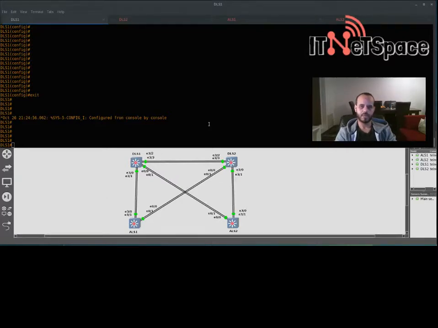Hello and welcome. Today in this short video I'm gonna introduce you to multiple instances of spanning tree, or MST, right? So as you can see in the topology, I have a couple of switches loaded and running. So we have two distribution layer switches, as you can see, DLS1, DLS2, and two access layer switches, ALS1 and